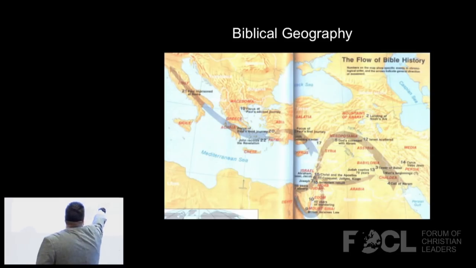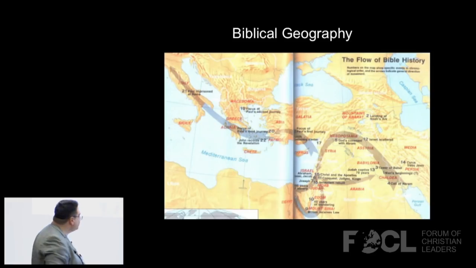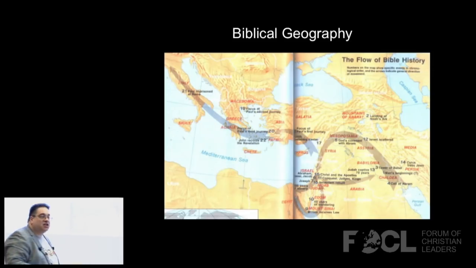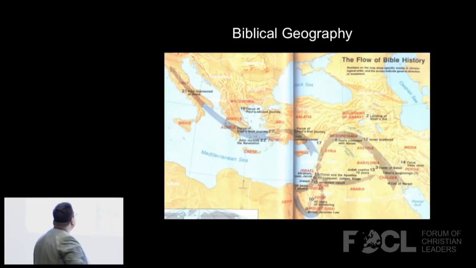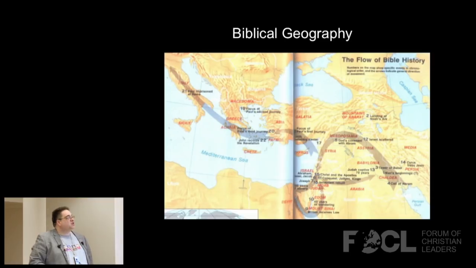We have Mesopotamia, Assyria up here, empires that play a big role in Old Testament history, and there is a time in which the nation goes into captivity in Babylonia and comes back to Israel again after the Babylonian captivity. And then this arrow here represents the spread of the gospel from Israel through the Greek world all the way to Rome in Italy in New Testament times, the time of the Gospels, and then the book of Acts, of course, principally those missionary journeys of Peter and Paul and so on.